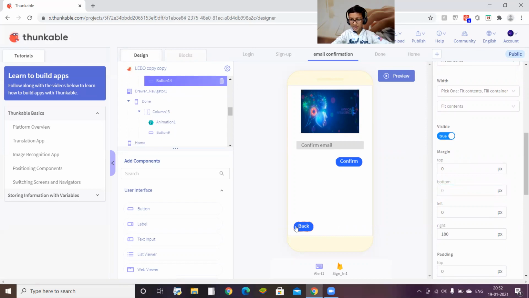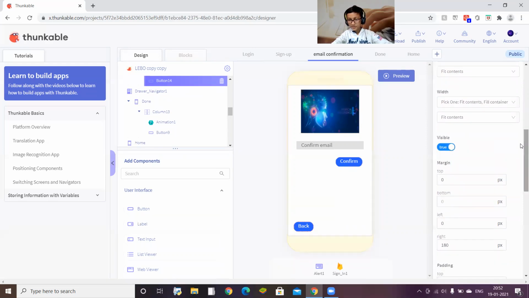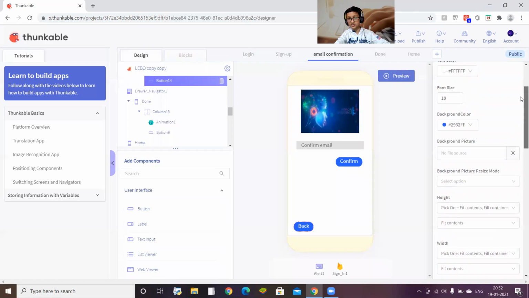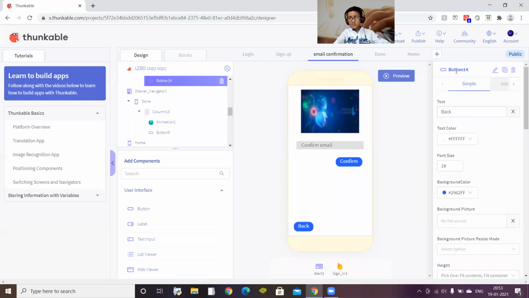After that, add one back button, going 180 pixels left, the opposite direction. This is known as margin. So button 14 and set the text as back.